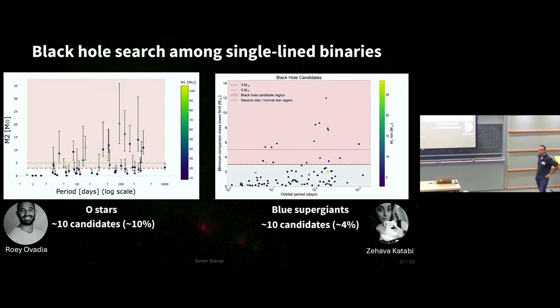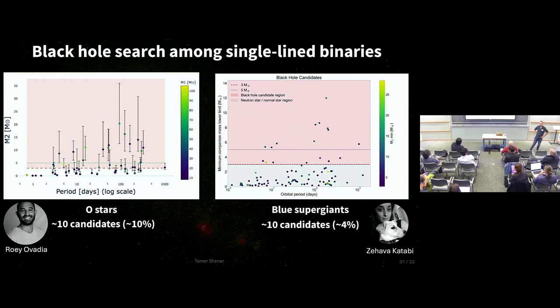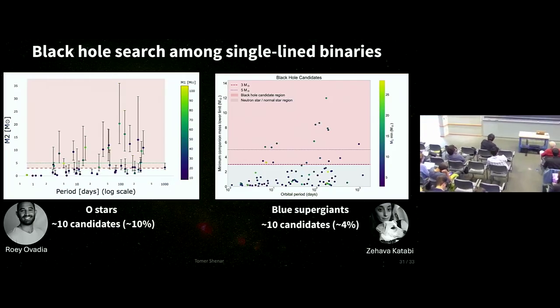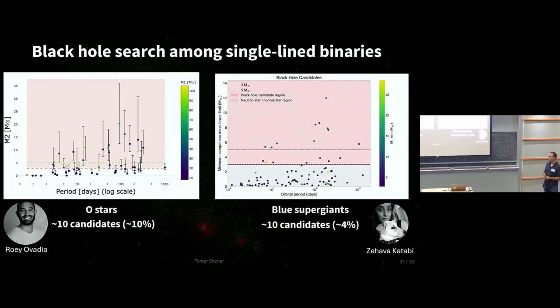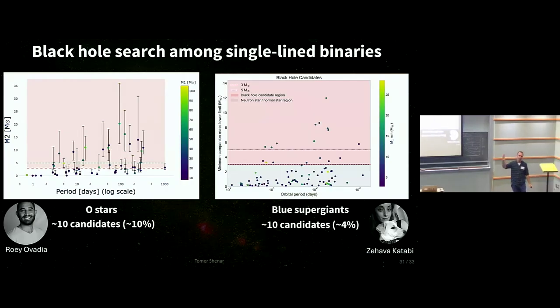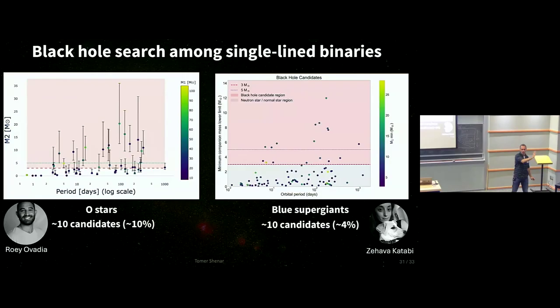Hi, Thomas. You said there are 2 candidate puffed-up stripped stars in your sample. Can you say a bit more about their properties? Do they look similar to the galactic ones, their orbits, eccentricity? Yeah, so again, this is just coming from preliminary analysis, so I'm not too comfortable saying too much about them. Basically, we already have intuition for this, right? You see these rapidly moving narrow-line stars, and you see some kind of thing that is infilling with emission. From what I've seen of the orbital fits, they look similar to what we know from the galaxy, but we still haven't gotten to the point where we compute masses for them. So again, I have to disappoint you and say you have to stay tuned for this.